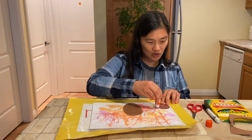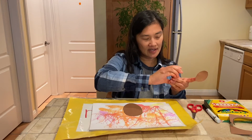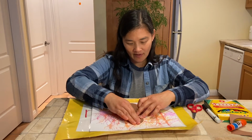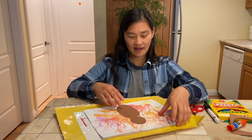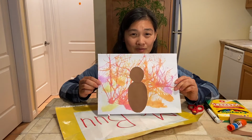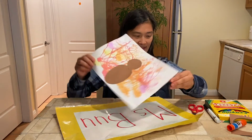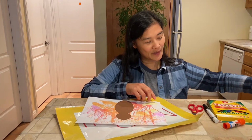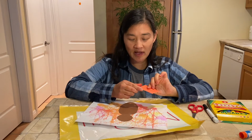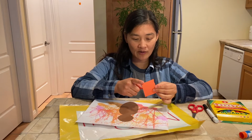And then I'm going to glue his head on top of his body. Just like that, okay? Now, we're going to need to make his face. We're going to use the orange for his beak, okay? And his beak is going to be triangular. So if you look at the corner,